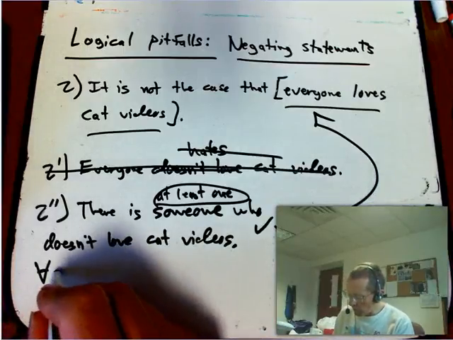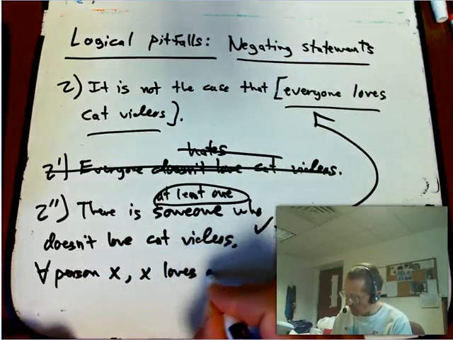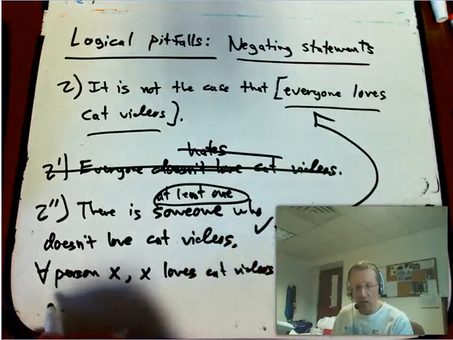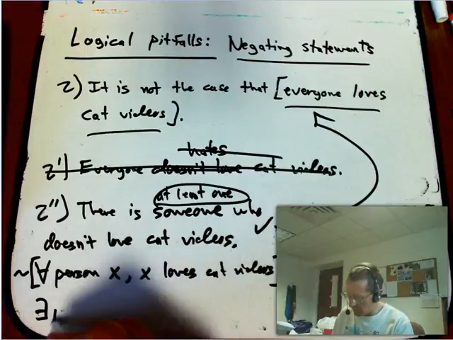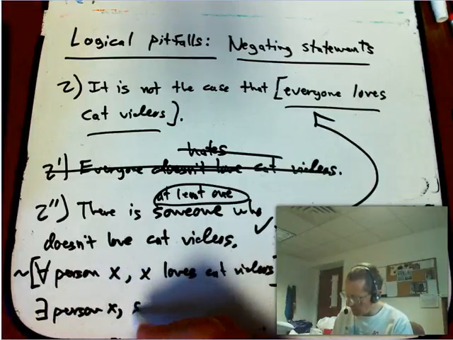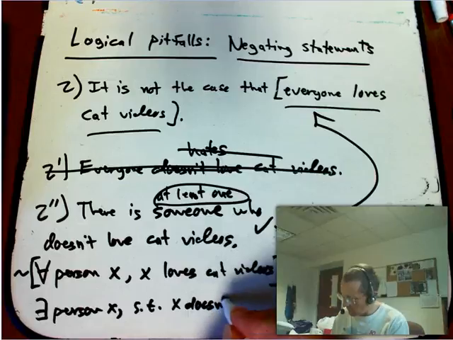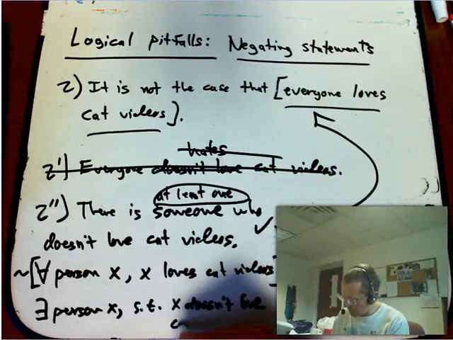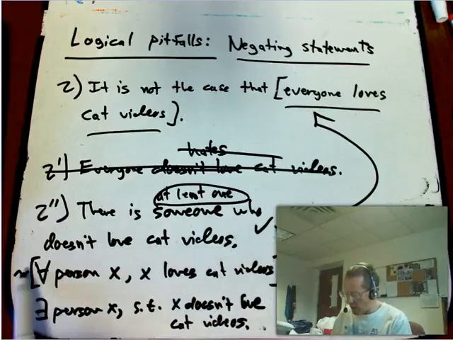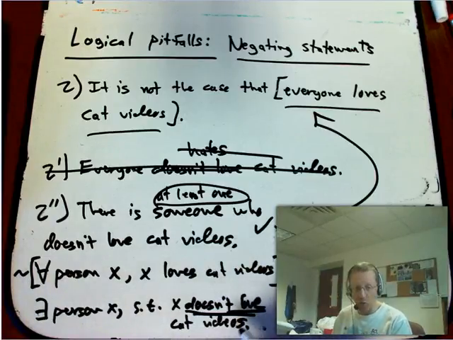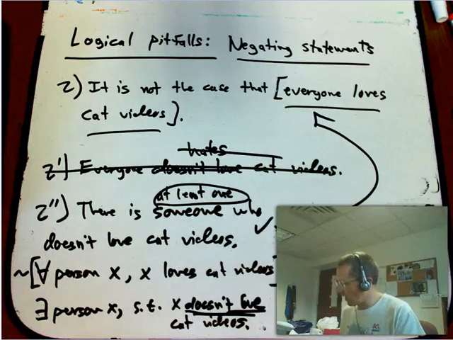So the original statement in brackets was, for every person X, X loves cat videos. To negate that, sometimes you put a tilde in front of something. That turns into there exists a person X such that, I'm going to abbreviate that as ST usually, such that X doesn't love cat videos. The negation of a for every turns into a there exists. And so the not kind of migrates through. The negation doesn't go away, but as it migrates through, it turns the for every into a there exists. Same thing, if you negate a there exists, it turns into for every. Let me show you that in the next one